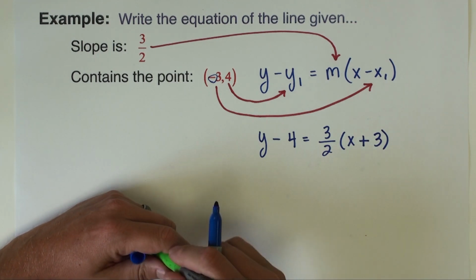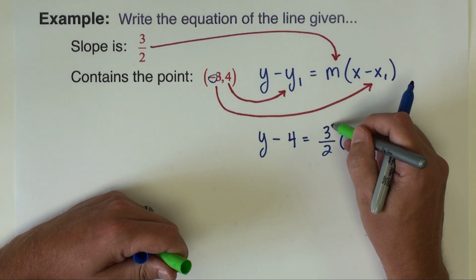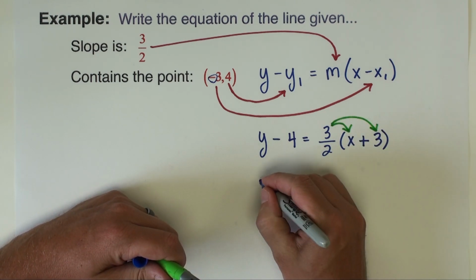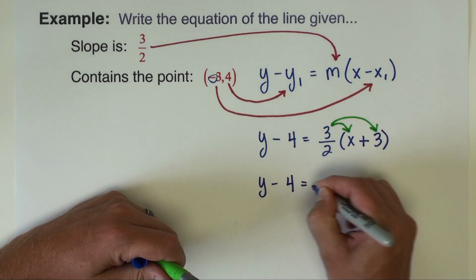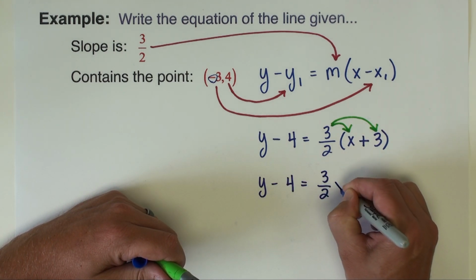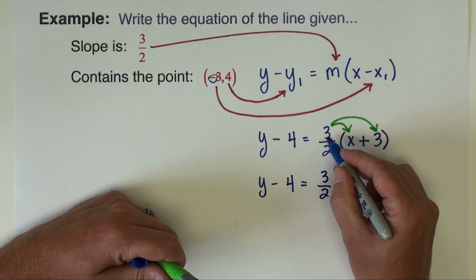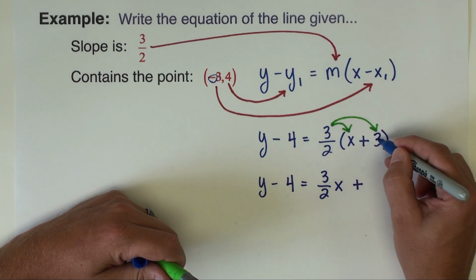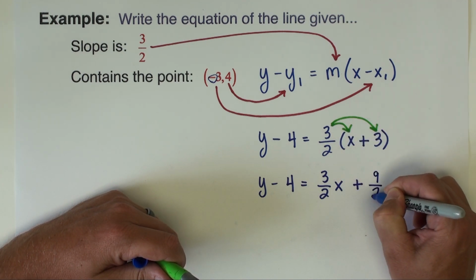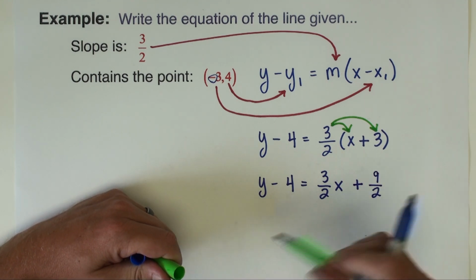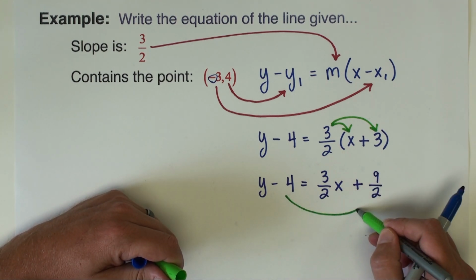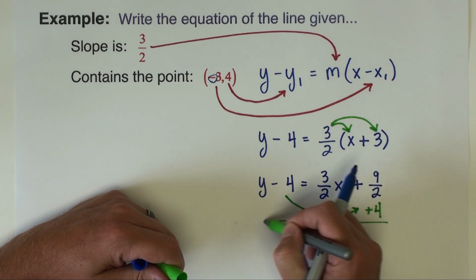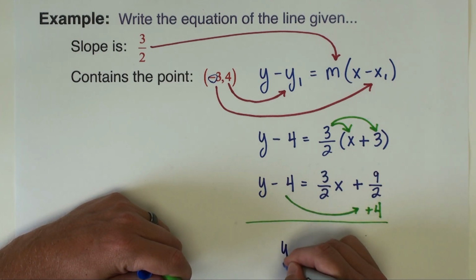Now, once you've put your 3 numbers in, there's 2 steps to finish this. We're going to distribute that slope. So I'm going to have y minus 4 equals 3/2 x plus, now 3/2 times 3 is not going to come out evenly. It's going to be 3 times 3 is 9. So 9/2. And then I'm going to add 4 over to both sides. So that's going to give me y equals